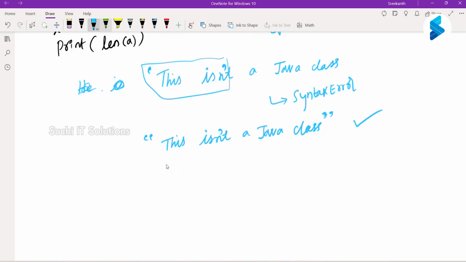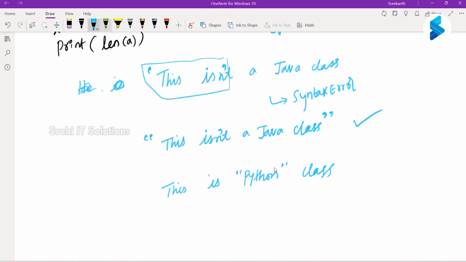Right, can we try this? Same way, if I want to use a double quote in between. I want to stress the word Python, so hence I'm using a double quote.